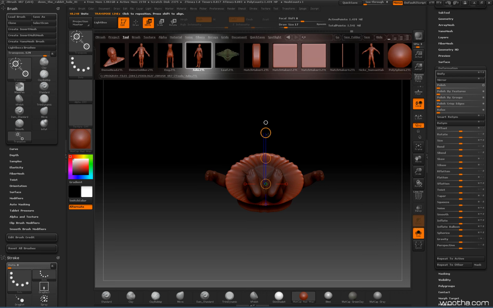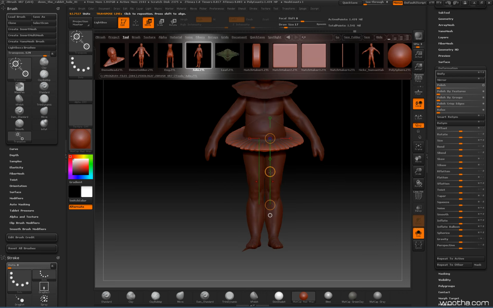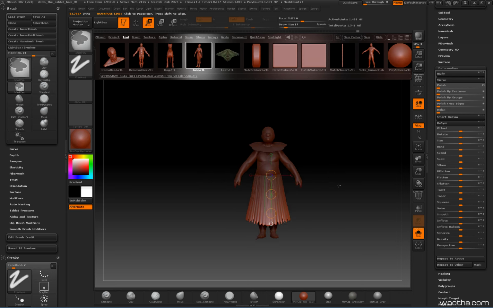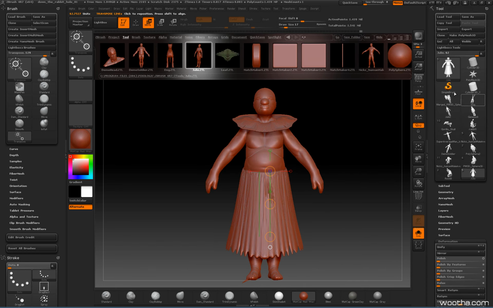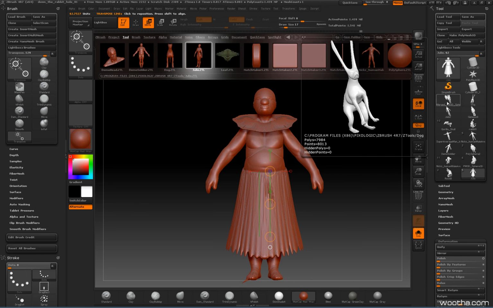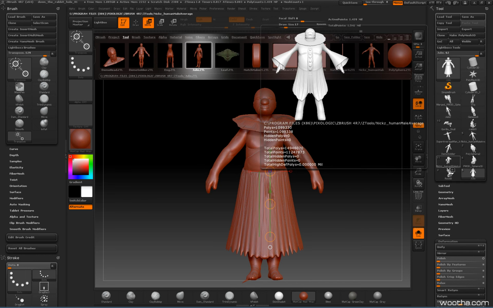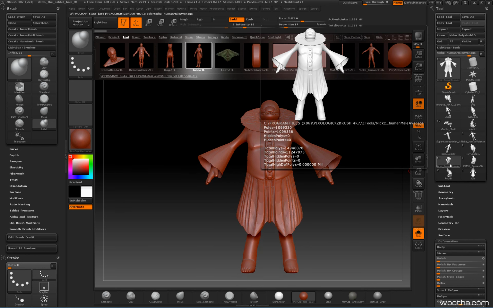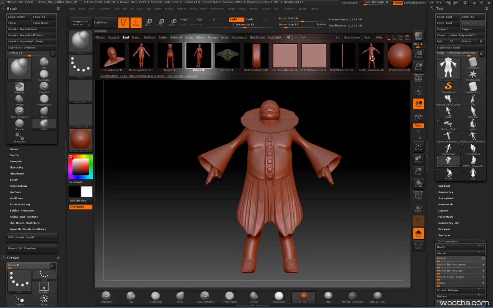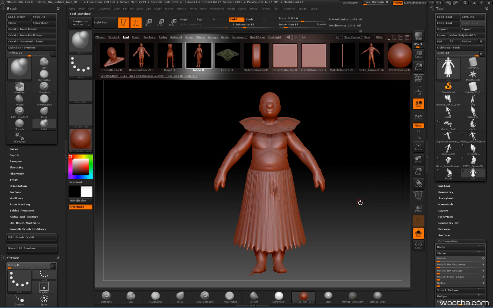Inflate, deform, move down. Yeah, and we have kind of the same character that we had in here. Where is it? Ah, it's funny because, okay, now I know. There is a name here. So it was with the Nixie human male average. So it's this one. So I did it with this one, but as you see, I've been able to replicate the same character in kind of 5 minutes